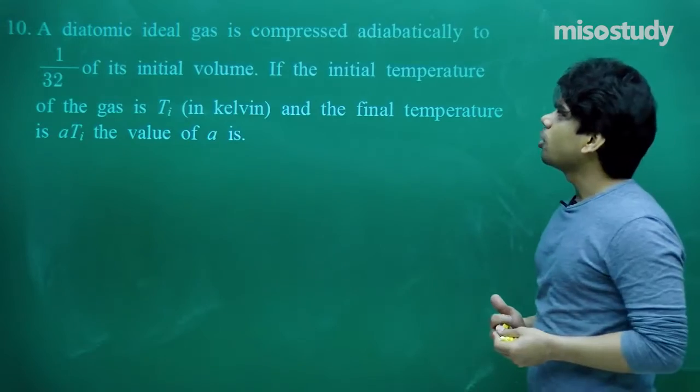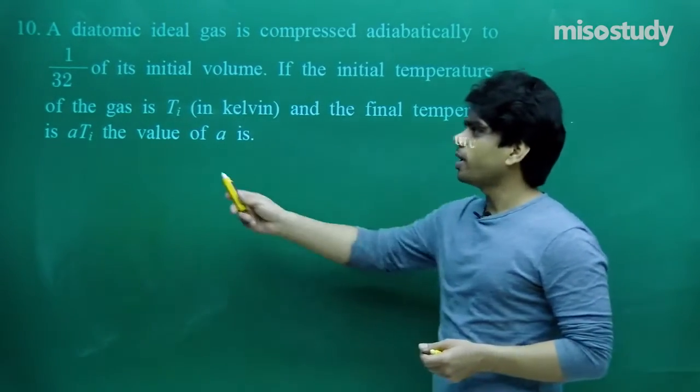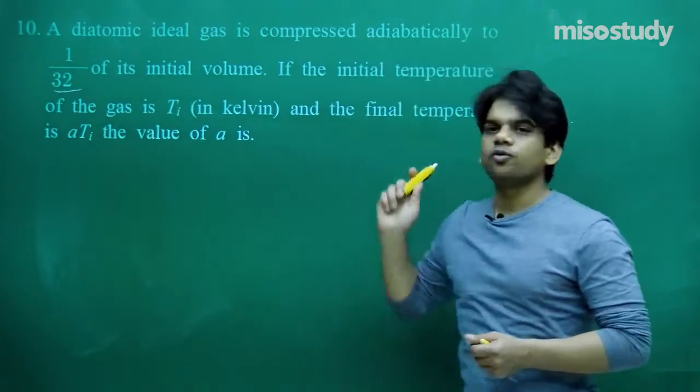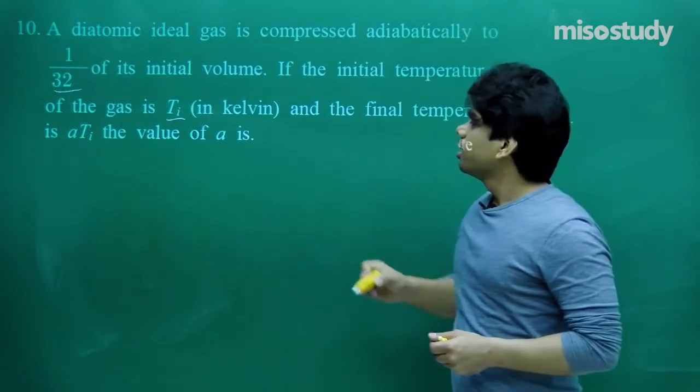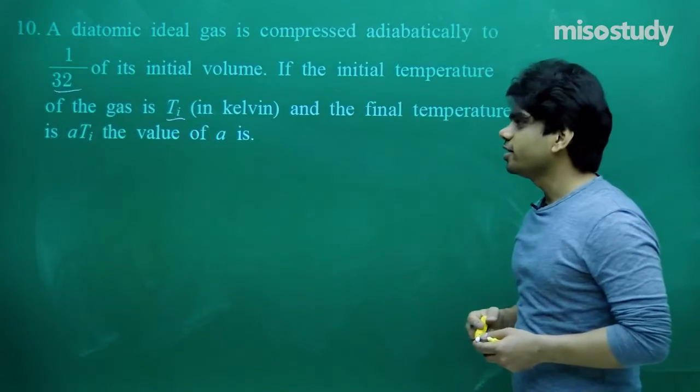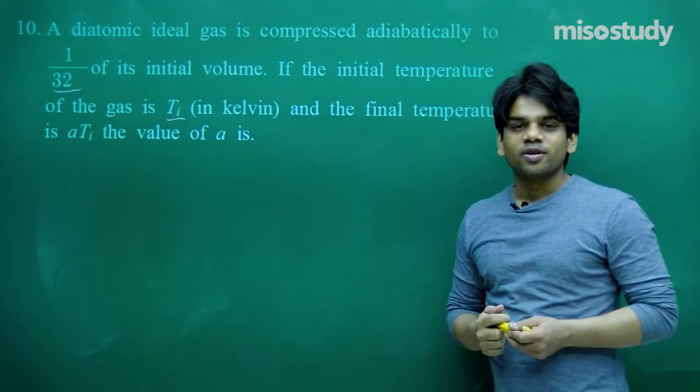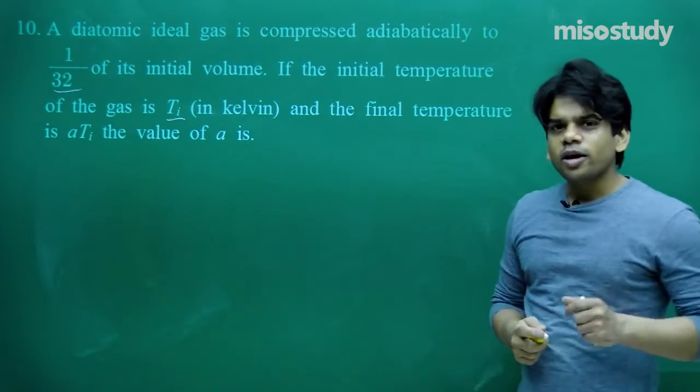A diatomic ideal gas is compressed adiabatically to 1/32 of its initial volume. If the initial temperature of the gas is Ti in Kelvin and the final temperature is A times Ti, the value of A is what we need to find out. First of all, let me tell you for